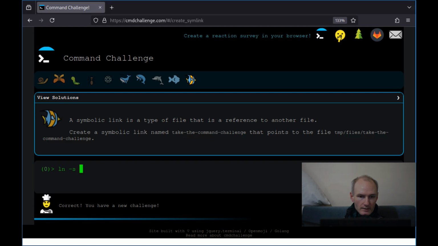Then we want to do take, points to take the command challenge in temp/files. LNS. So we want a hard link. So I could just do,